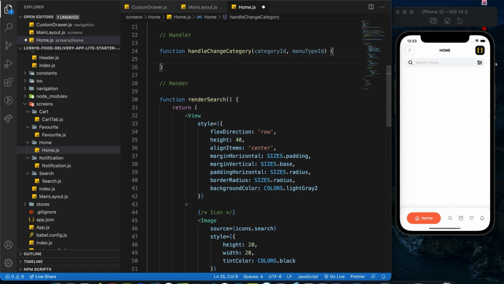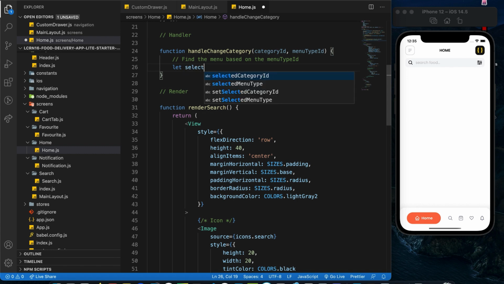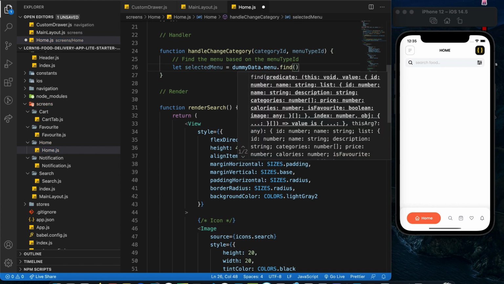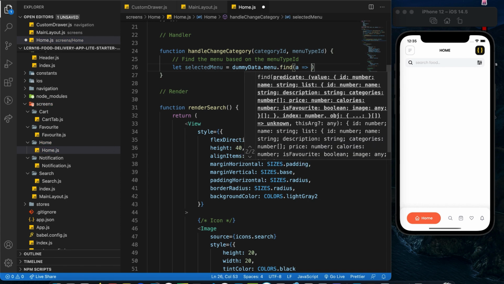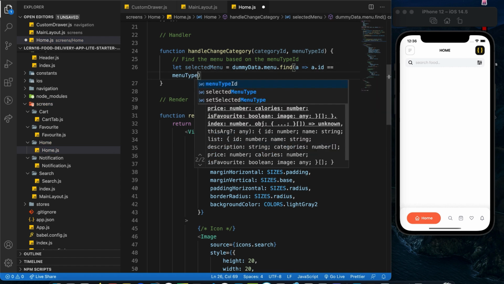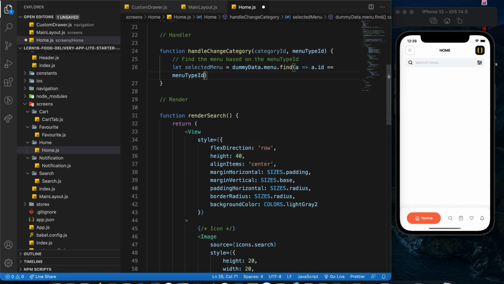Okay, so within the handleChangeCategory function, the first thing we need to do is to find the menu based on the menu type ID. Alright, so over here, let selectedMenu equals to dummyData.menu.find. I'm going to call this A followed by arrow function, where the A.id equals to menuTypeID, like that. Alright, now that we got a list of menus where the ID equals to menu type ID,